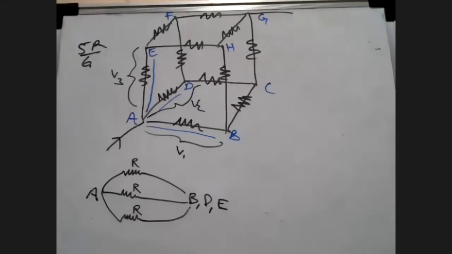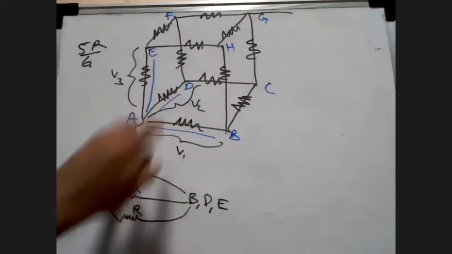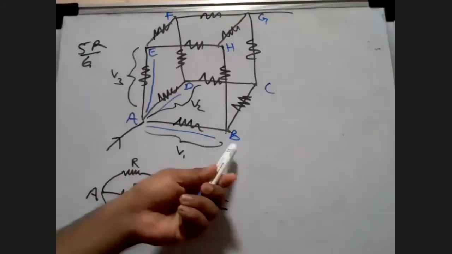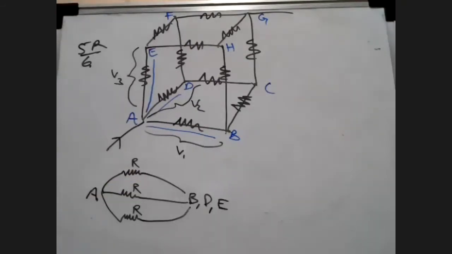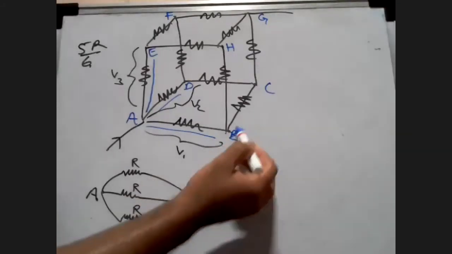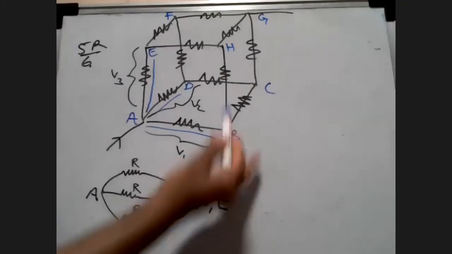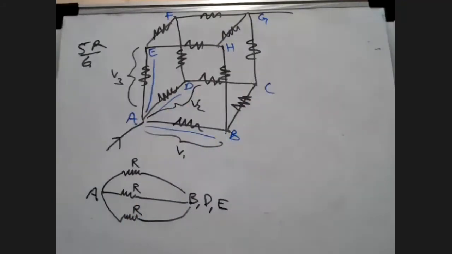Now, if this is understood, forget AB, AD, and AE. Now look further. What can we see further? From B, how can I reach G? There are two ways of reaching G from B. I can go either from B to C and then C to G, or I can go from B to H and then from H to G. Yes or no?